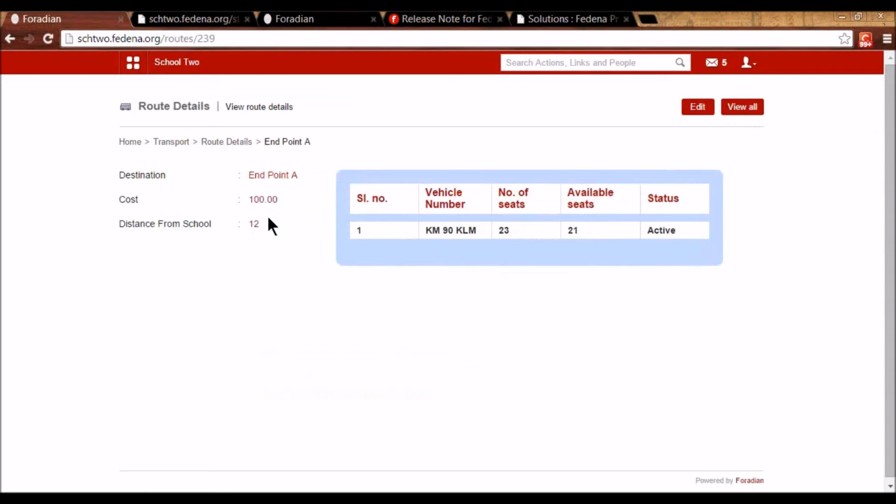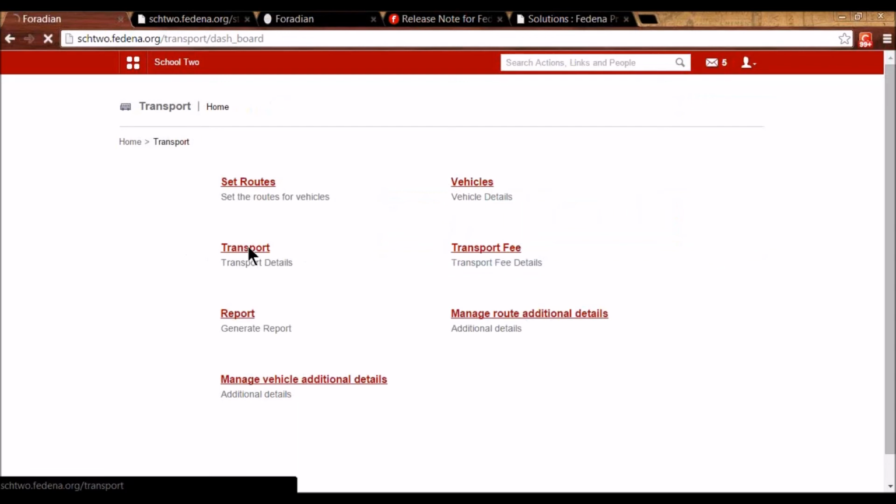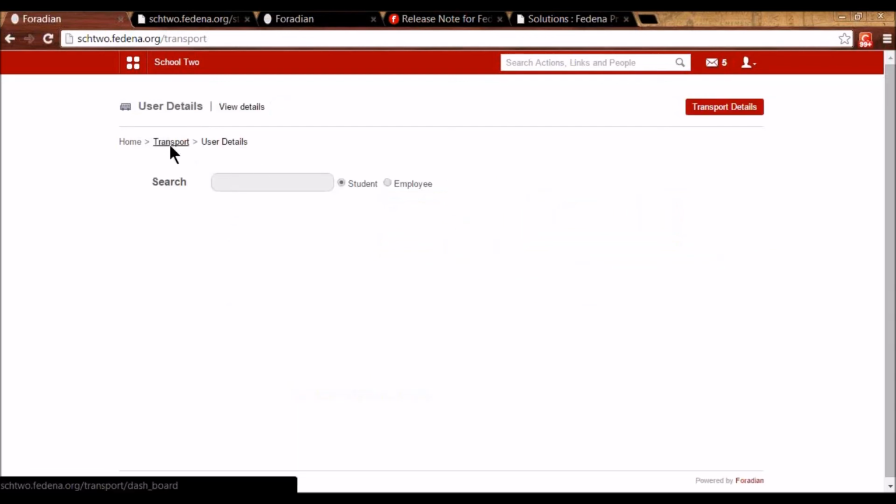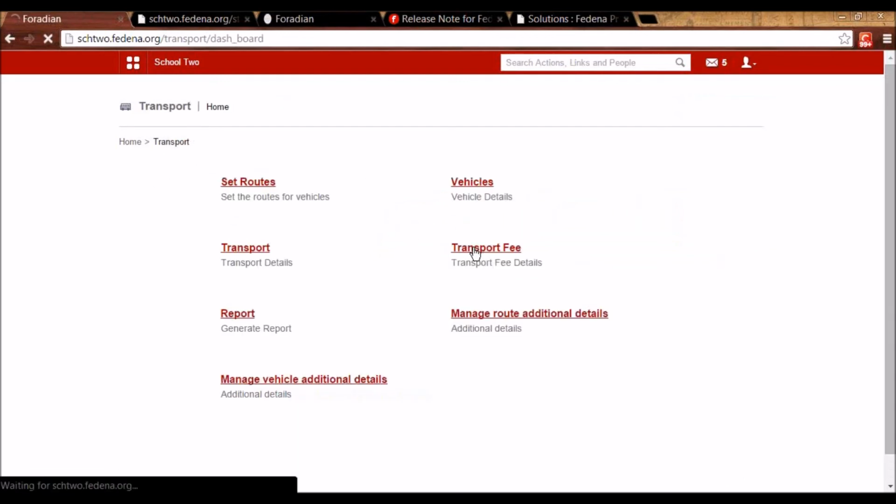And it is also going to display when I view that route. So these are the additional details for route and for vehicle. Now in transport, another enhancement that we have, another feature that we have is in transport fee collection, where we